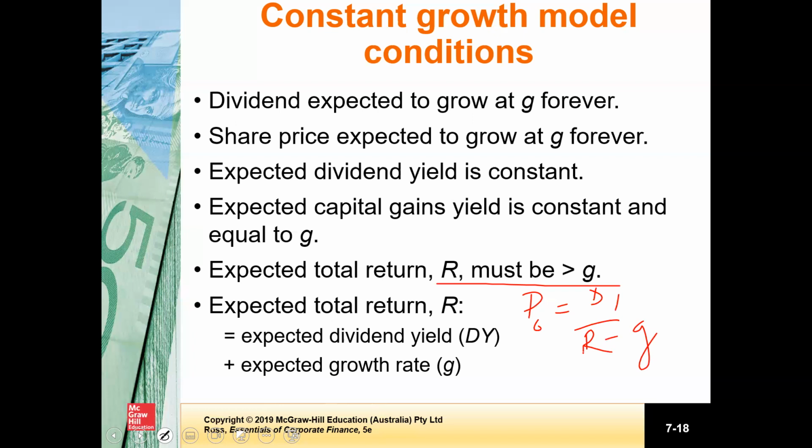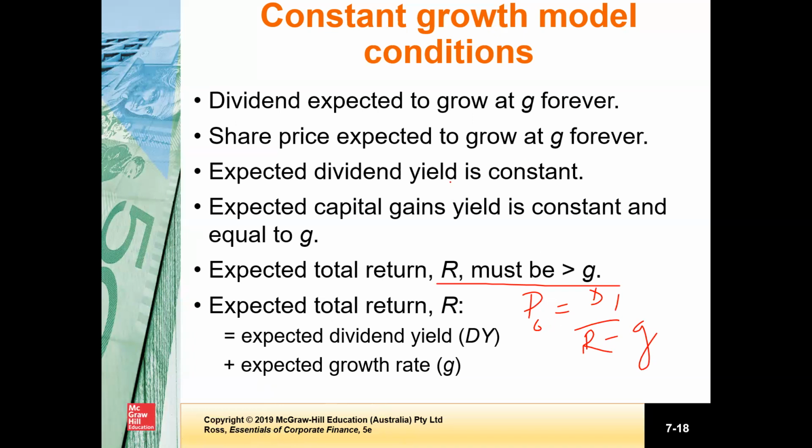This is one point, and it's also not reasonable, because if you expect the dividend to grow, for example, at a rate of 10%, and your required rate of return is less than 10%, that doesn't make very good sense, because if dividend is expected to grow at 10%, you should be expecting higher return. Right?